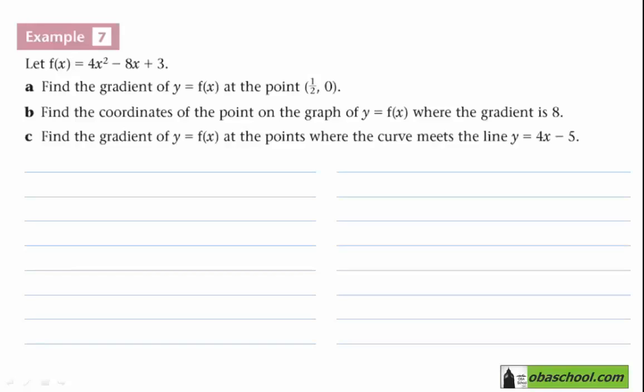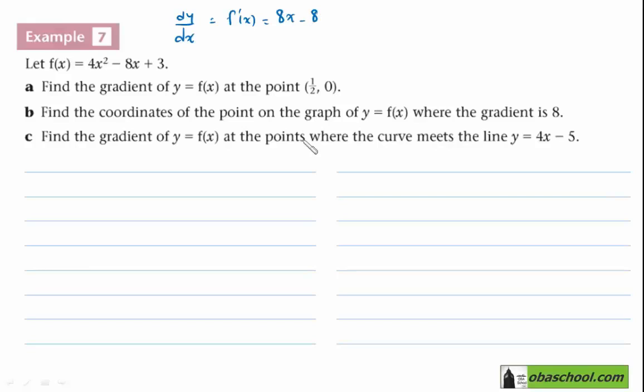In this tutorial, we are going to continue example 7 part C, where f of x is 4x squared minus 8x plus 3. In part C, we are asked to find the gradient of y equal f of x at the points where the curve meets the line y equal 4x minus 5. Let's remember first that from the previous part, we found dy by dx or f prime of x equal to